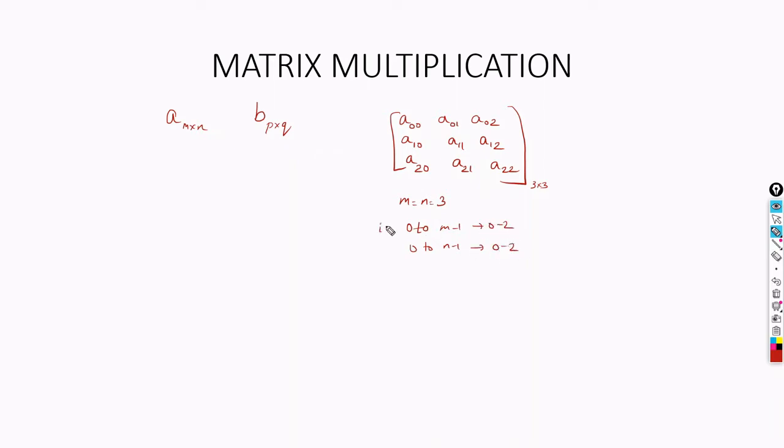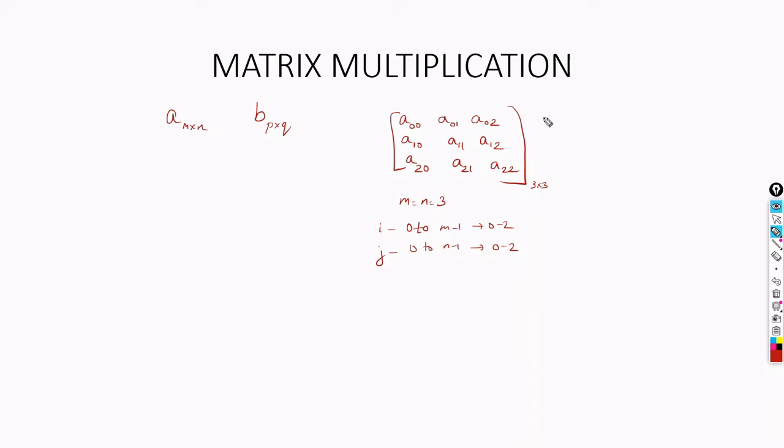So in the last program, we were discussing the loop variables: i corresponds to the row and j corresponds to the column. So here i will vary from 0 to 2, j will vary from 0 to 2. You can see how it is varying. Our first value is i, second value will be j. So you can just check how the matrix element indices are varying. So this is a simple case.